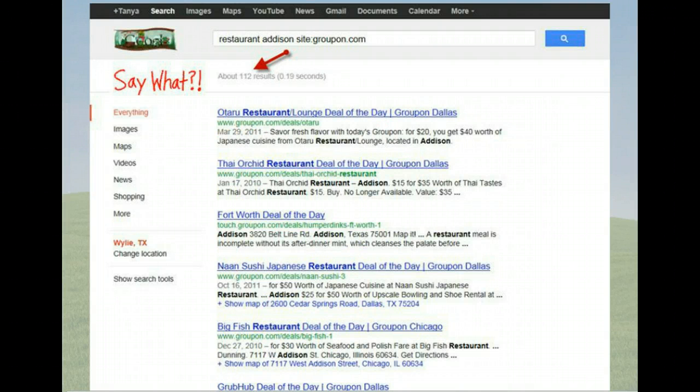What if you're looking for that same restaurant, but you want to be able to use a Groupon, okay? So then what you can do, and let me make sure that I'm giving you the more narrow version, but also the broader perspective of how you use this. What you're doing here is you're adding the word site, colon, and then putting the actual domain if you're looking for specific information that falls within a specific website.